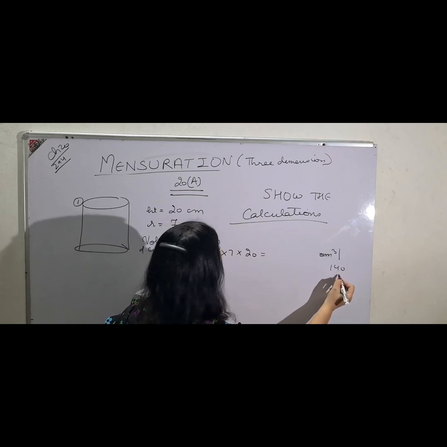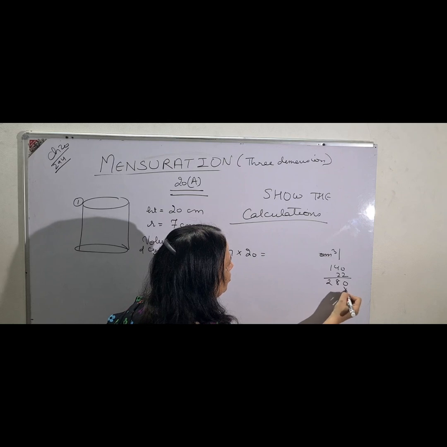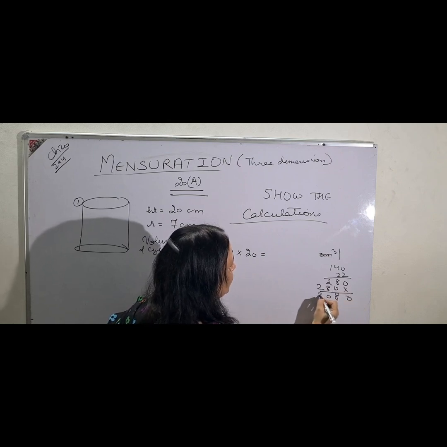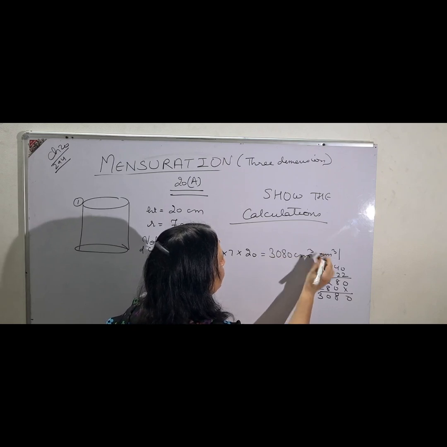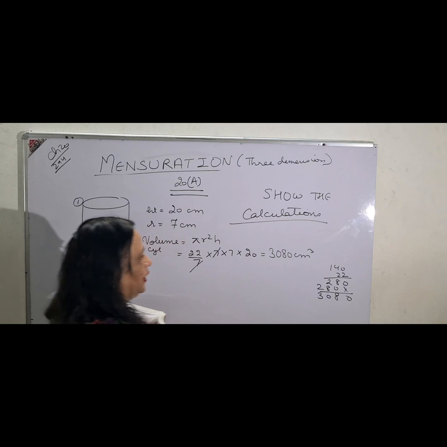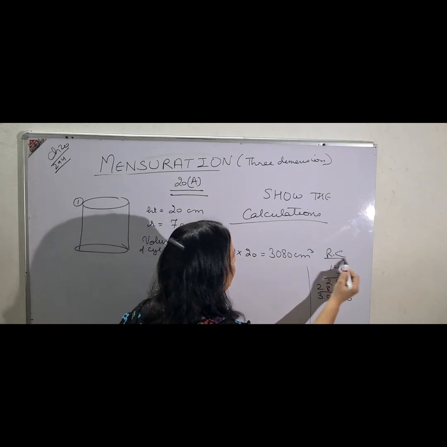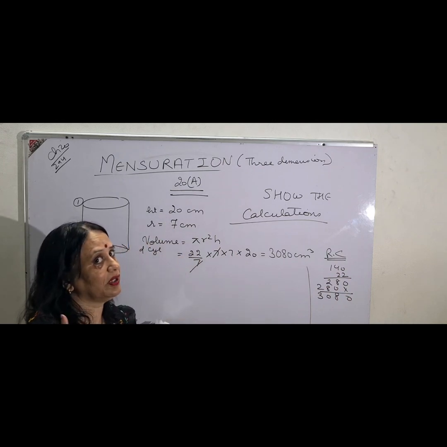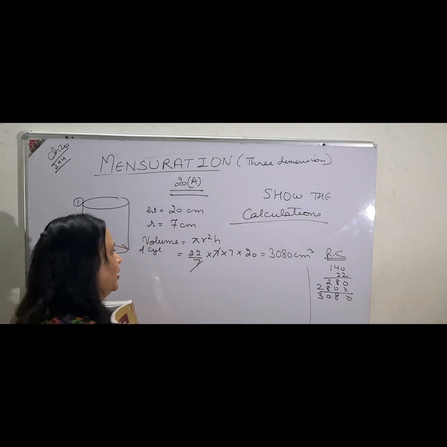7 into 20 is 140, into 22, whatever. 2 4 is 8, 2 1 is 2, again 2 0 0, 2 4 is 8, 2 1 is 2, 0 8 8 2 10 3. 3080 centimeter cube is your answer. So see, these rough calculations carry marks. If you will not show it, children, your marks will be cut as I have done before also. Total surface area